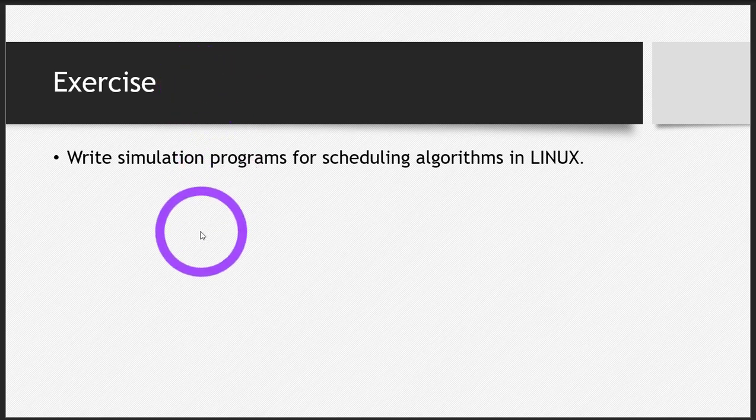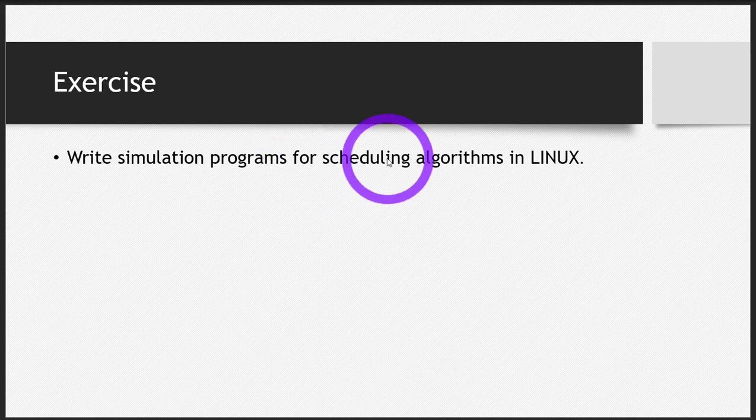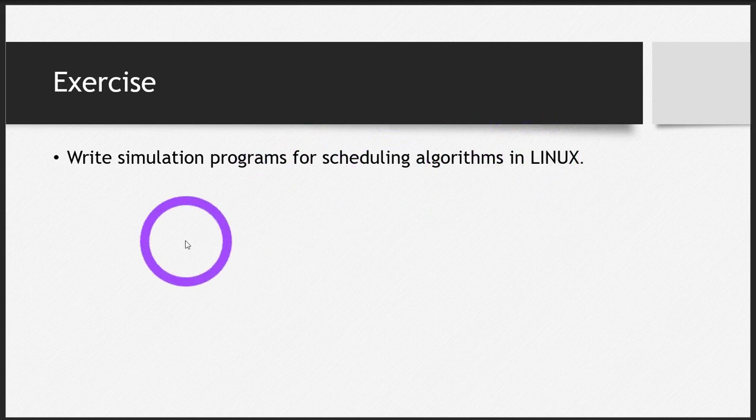Let's see the exercises for this 10th tutorial of the course operating system. Today we will write simulation programs for the scheduling algorithms that we have studied a while ago, that is for FCFS and SJF, and we will write simulation programs in C language in the Linux environment. The tasks are